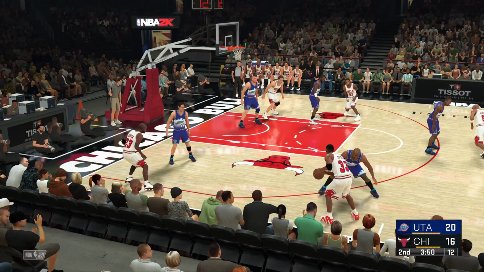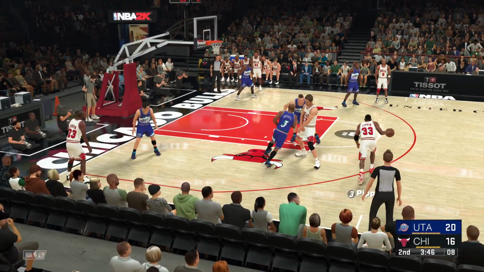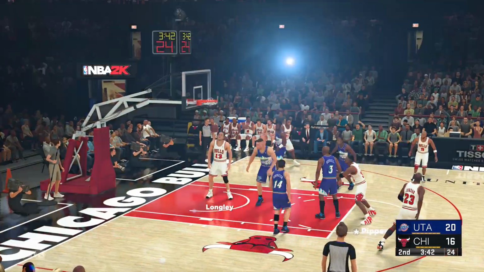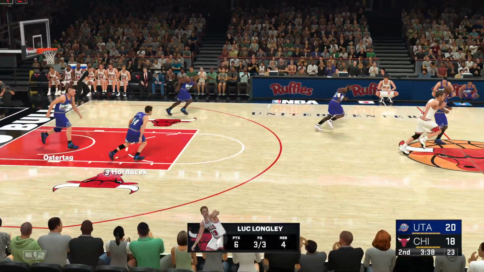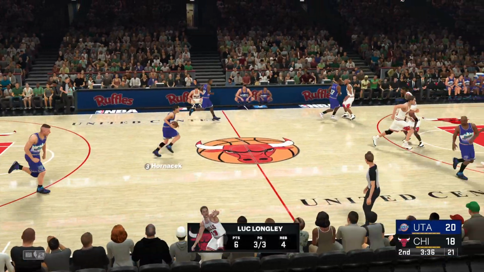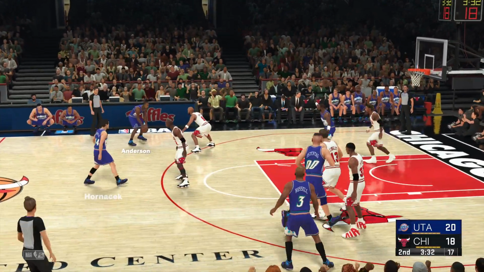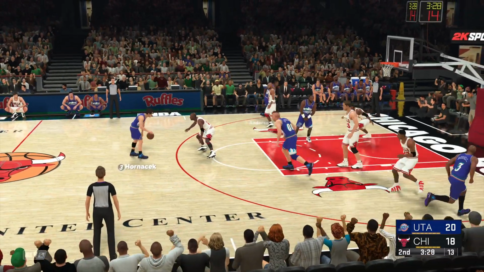Back to Pippen. To the inside. Longley. That's it. And he's now 3 for 3 and looking sharp. Making the effort to create for his team. Pippen uses the pick and roll flawlessly. Hornacek with 5 points in the game.